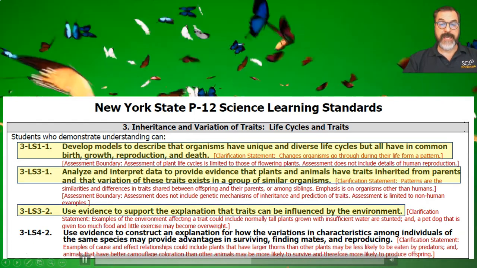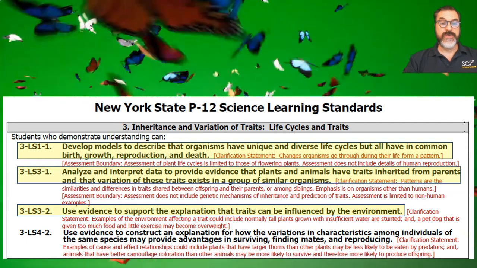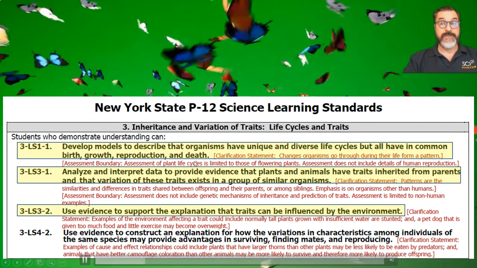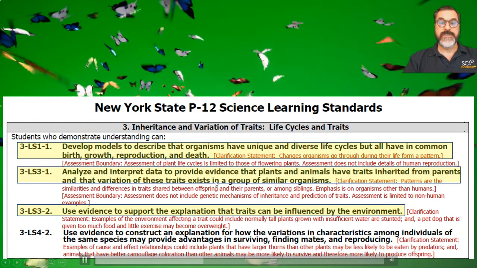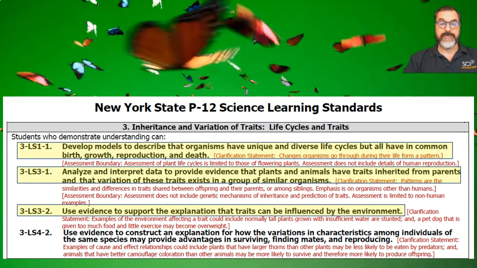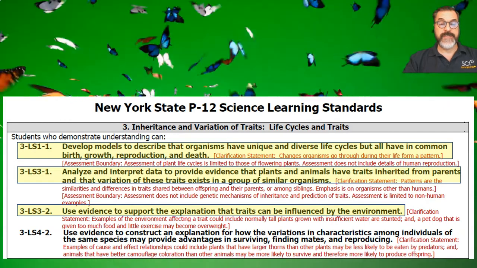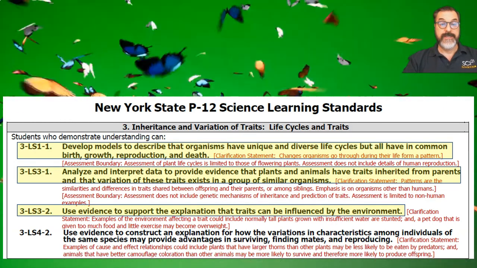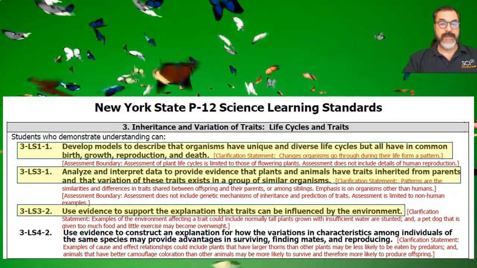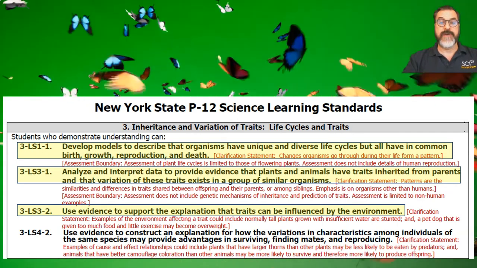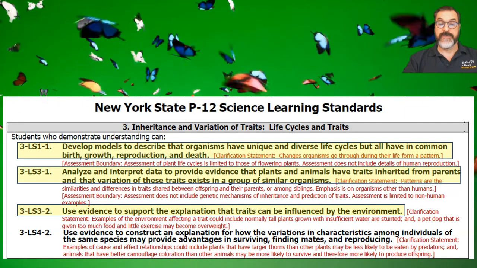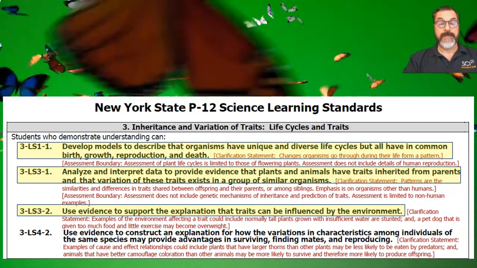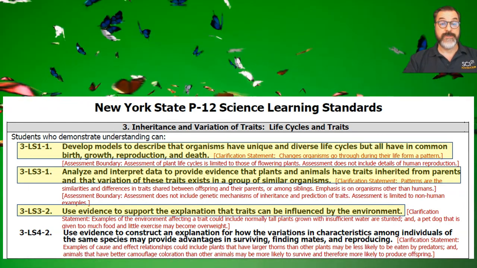Another performance expectation is that students will use evidence to support a claim that the environment can influence some traits. This process of traits being influenced by the environment is a critical field of study in science called epigenetics. This study in science is essential because the environment can influence some traits of an organism. For example, height and weight during growth and development can be affected by the available resources to a plant or